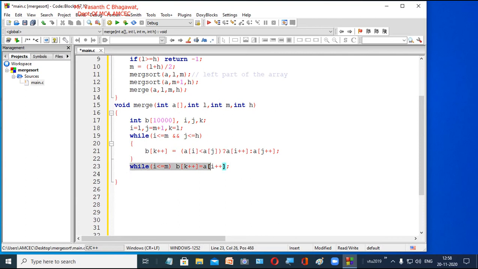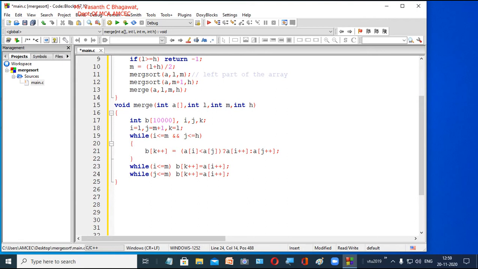Now you have to copy all the elements from the right part. Because it is almost the same, I will copy that entire line and paste it here. Now you have to go to the right part. What is the counter variable we are taking for the right part? j. So this was the first while loop we are breaking into two.